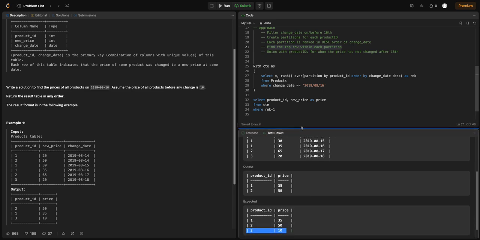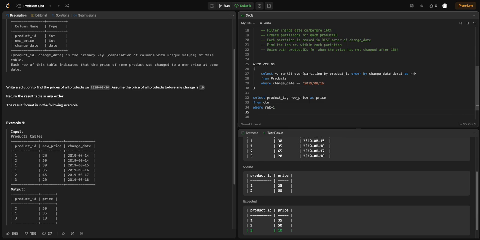And the reason for that is because in the current query we are missing those rows where the price of the product changes after 16th for the first time. For example, product 3, the first change in price is on 18th, right? So we are missing all such rows that may come. If we had another product 4 where the price changed for the first time only on, let's say, 20th or 25th, we would miss that row as well. And the workaround we can do is